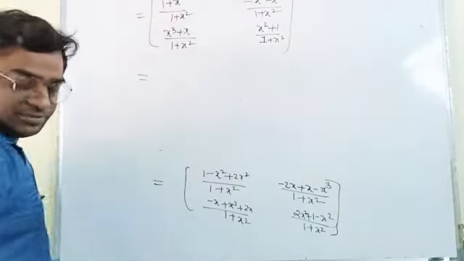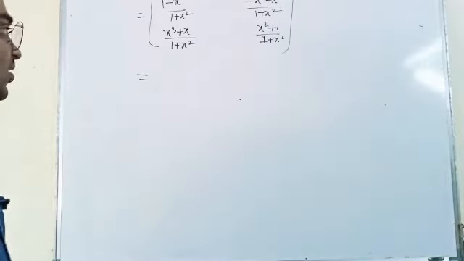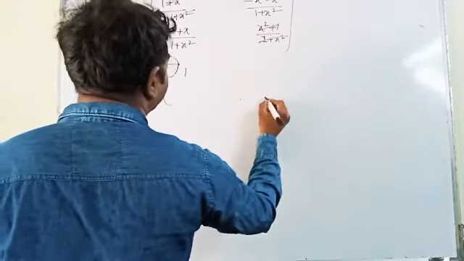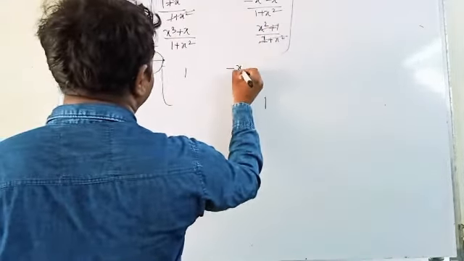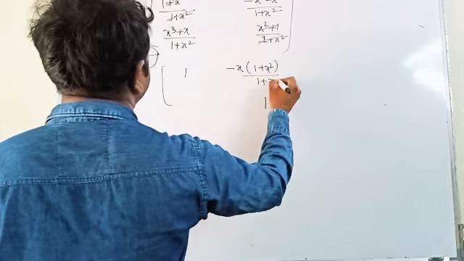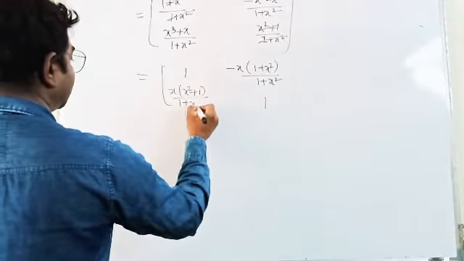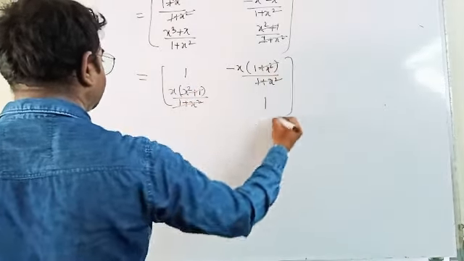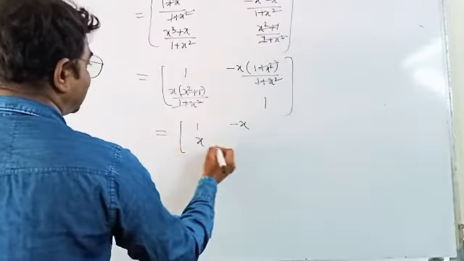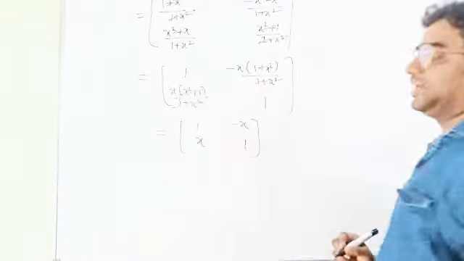What do you do in the next step? These two will be cancelled out. This will become 1. These two also cancel. This will become 1. Now here x will be common, so this will become 1 plus x square divided by 1 plus x square, and here x will be taken common out, x square plus 1, this will be 1 plus x square. Now these two will be cancelled. Now it will become 1. This is minus x, this is x, and this one is plus 1. So this is our right hand part.